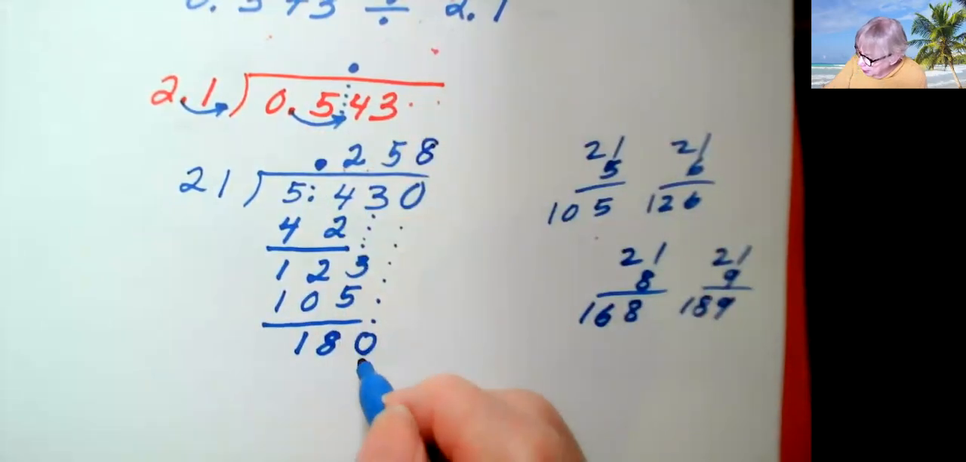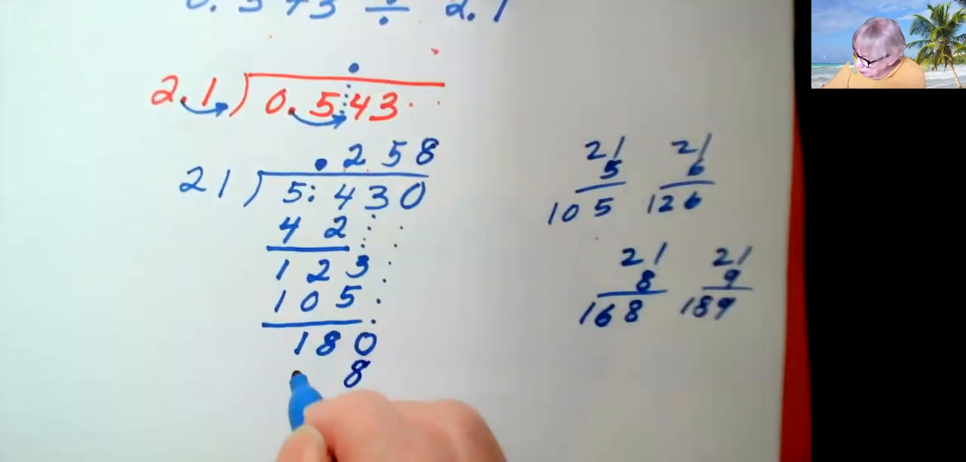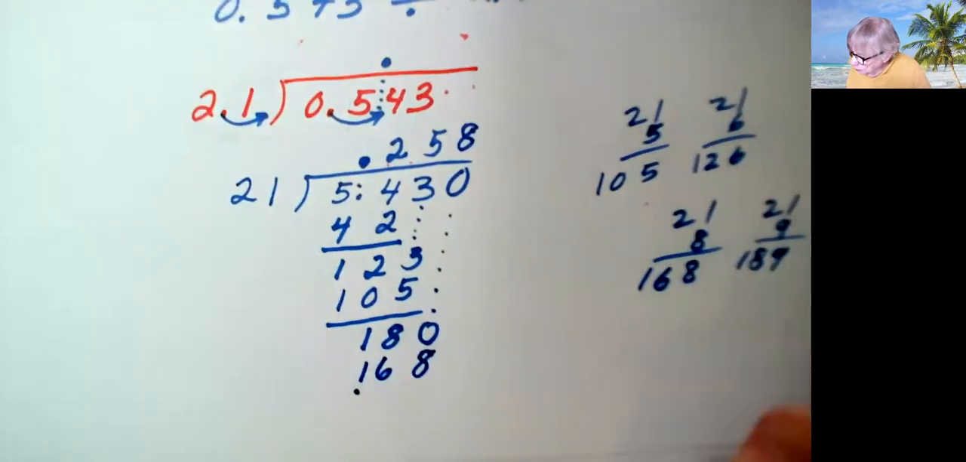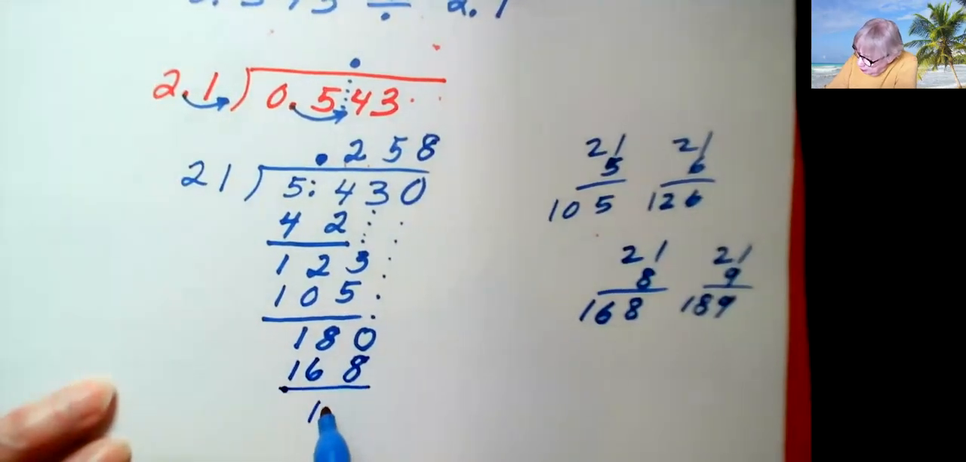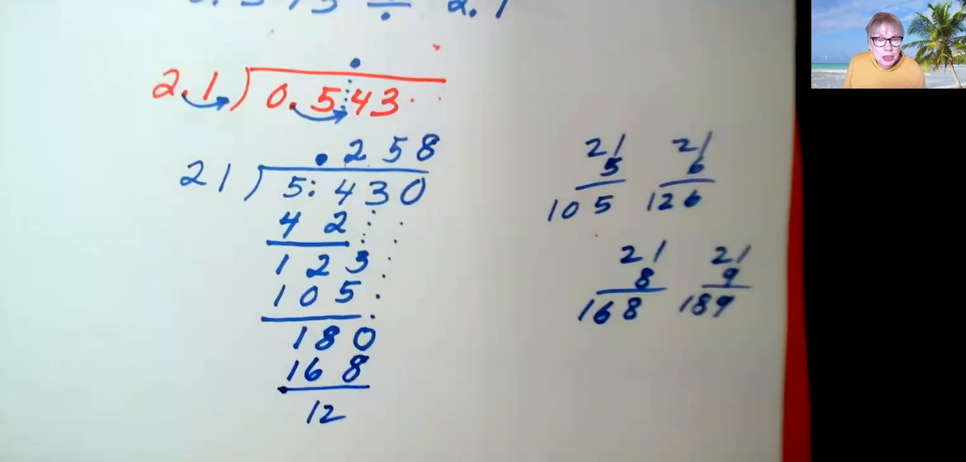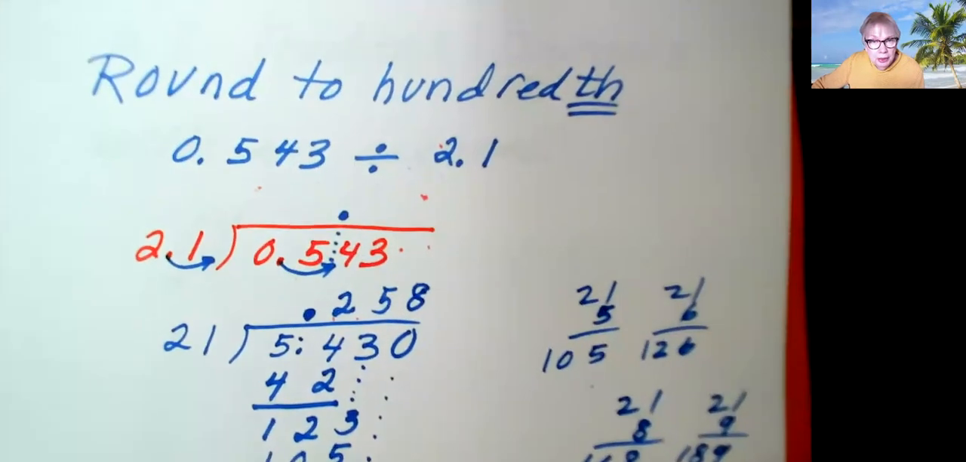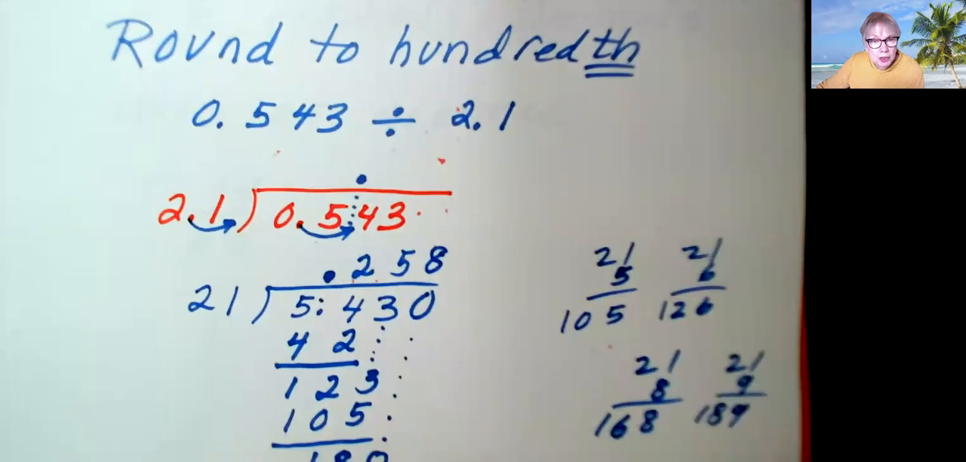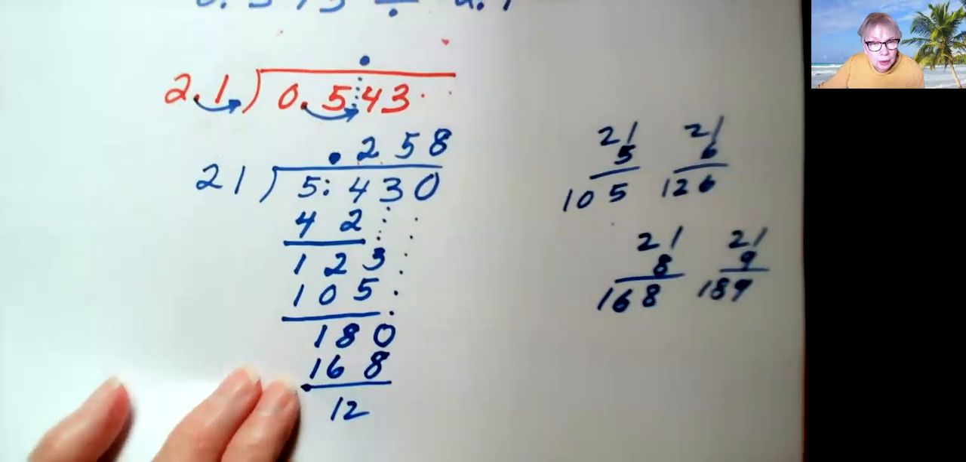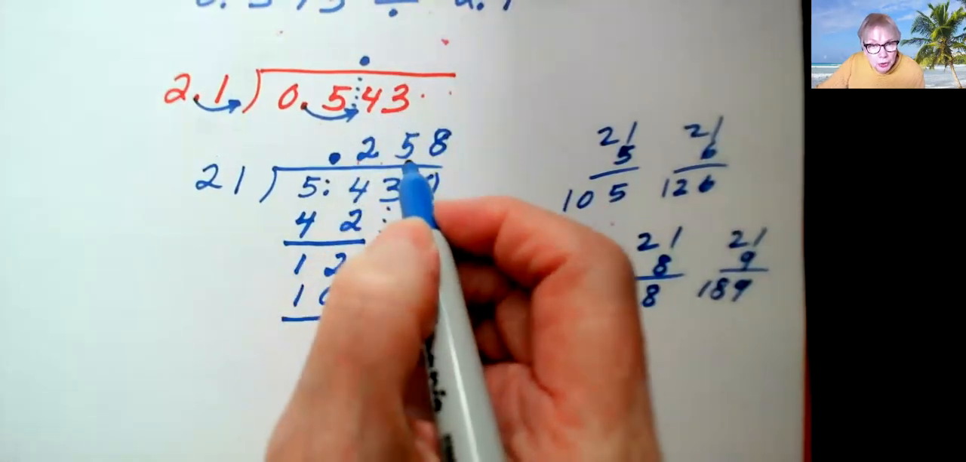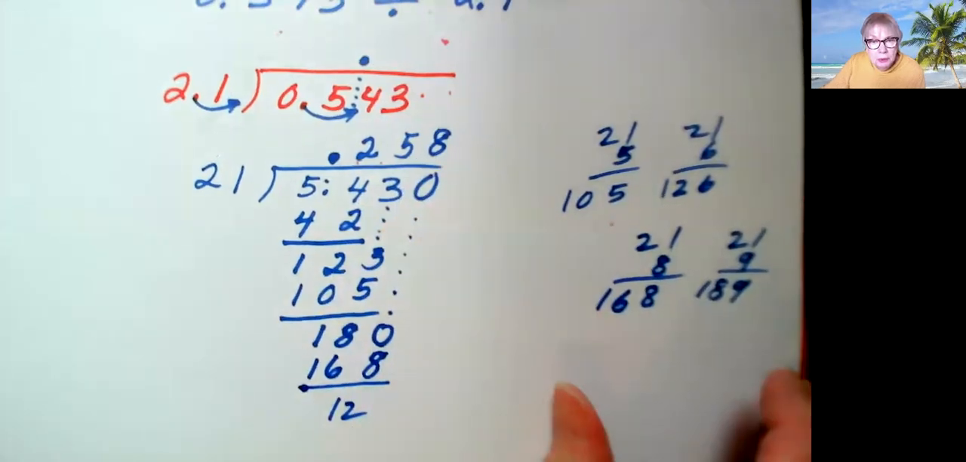8 times 1 is 8. And 8 times 2 is 16. And when I subtract, it's 12. But the question is, do I keep dividing forever and ever? And the answer is no. Because I go back to the rounding instructions. I'm going to round to the nearest hundredth. Tenths, hundredths. So here's my answer,